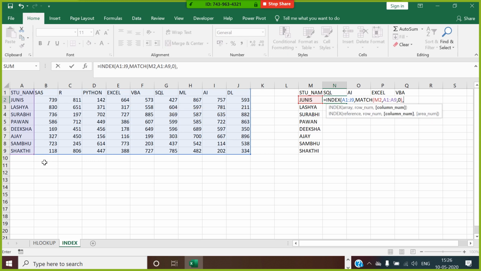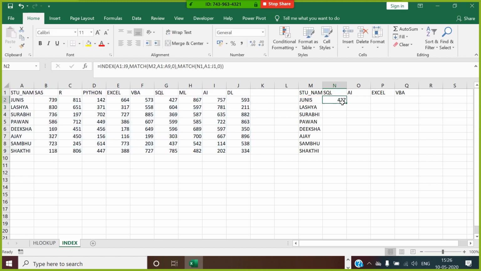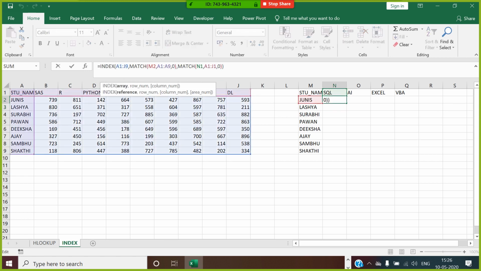Same way, I'll go for the column index. I will go for match of SQL over this, my column index, as a 0 and bracket close. So I get the value here. What is going to change? What is not going to change? My array will never change. I put $A$1, which is an absolute reference. I go from M2 to M3. The M is going to be constant. My lookup array for the row index is not going to change. So I said $A$1,